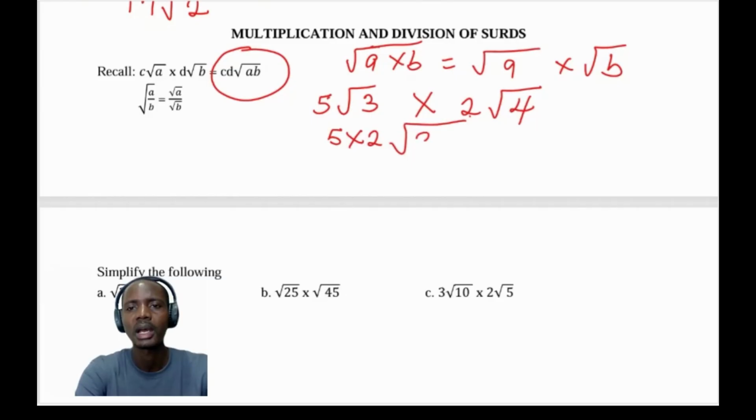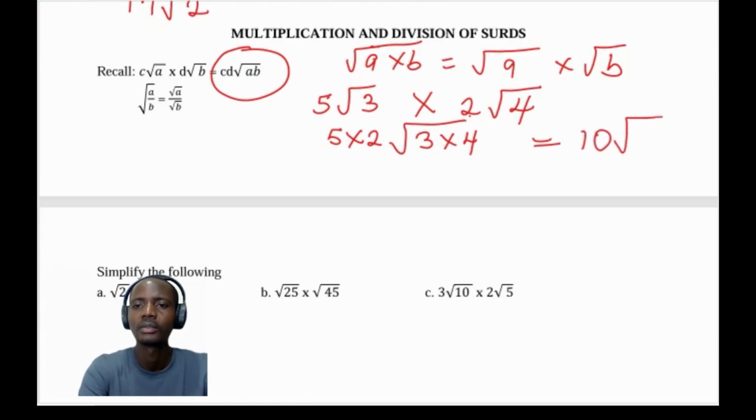Then we can now have 3 times 4. And that gives us 5 times 2 is 10. Root 3 times 4 is 12. We can simplify this. I believe you know that. 10 root 12 can be simplified as